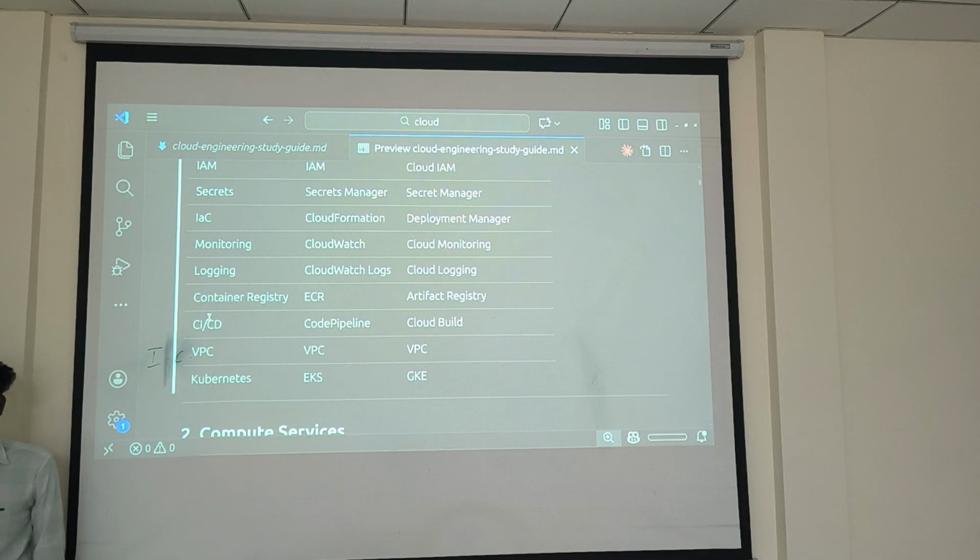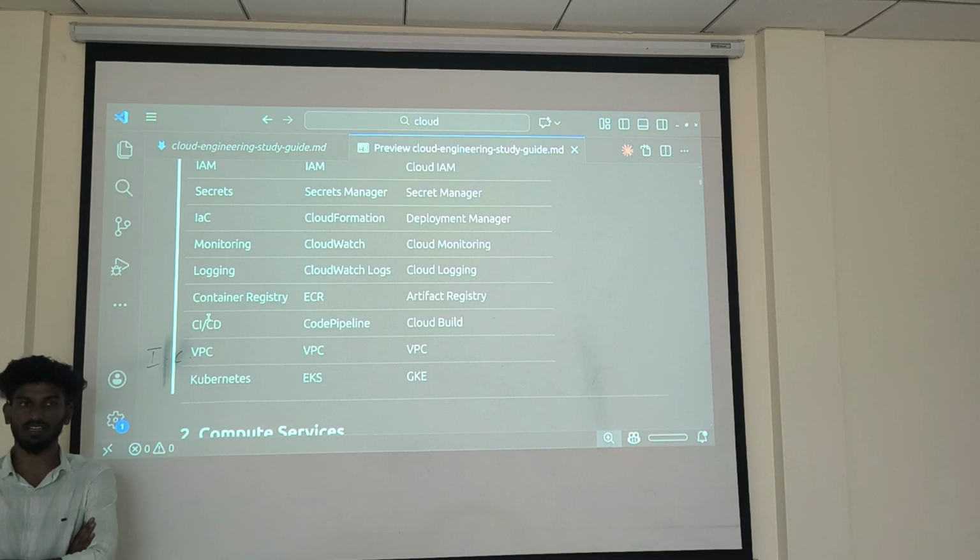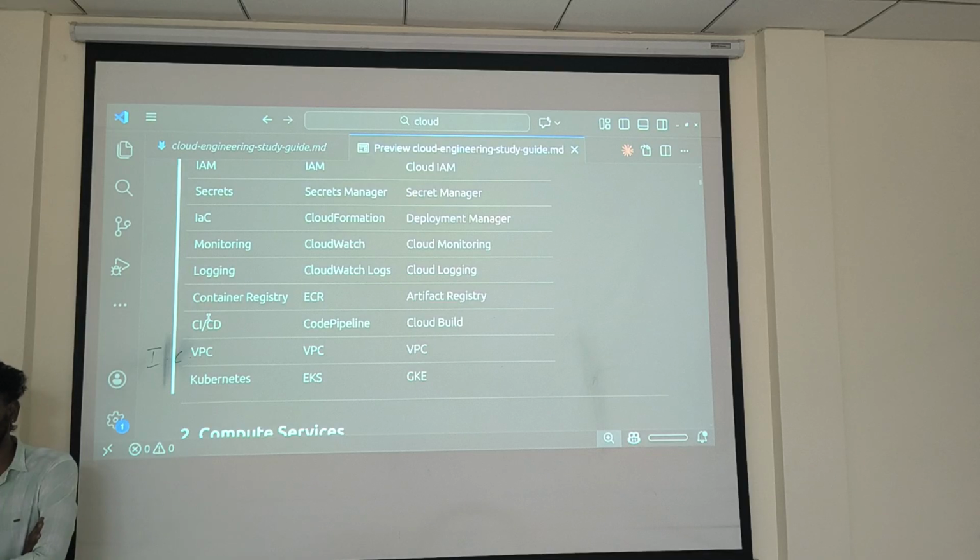Okay. So container registry is a bit important. If you want to run one particular container, what do you need for the image? How are you going to create the image? Using a Dockerfile. Once you have created the image, you have to run the application. Where are you going to store your image? There are two ways. One is Docker Hub. If you are storing in Docker Hub, you can control whether it is public or private.